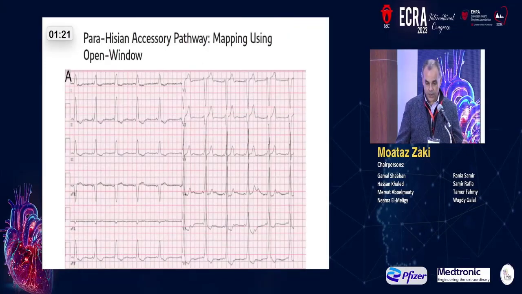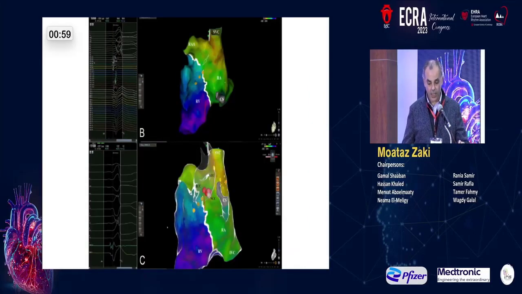Fifth case, again, this is a parahisian accessory pathway, a very dangerous position in which ablation can actually lead to complete heart block. This patient was ablated three times before, conventionally, but always with recurrence of the tachycardia and the pre-excitation. And here, high-density mapping is very important. Why? To delineate where the His bundle is, the AV node is, and then see where it is safe to ablate. And because this patient was ablated from the right atrial side multiple times, they opted to go to the